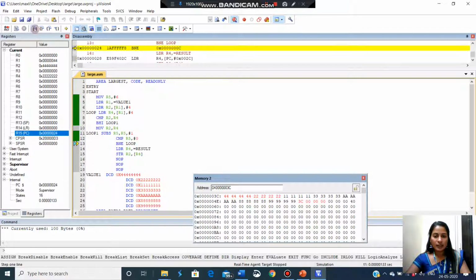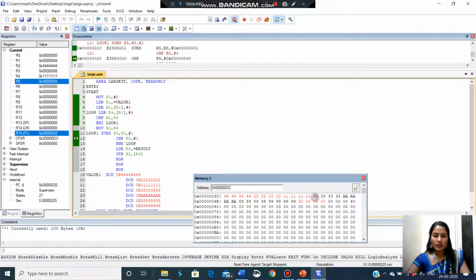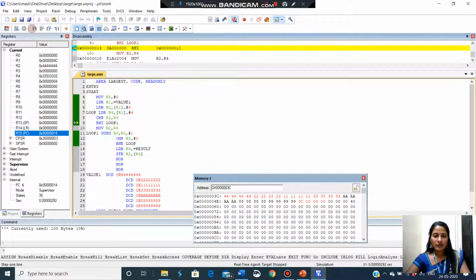Now the third data will be fetched from the memory. See, third is fetched, so it became a red color. Now the bigger number 4 and this new number will be compared. And in these two, the bigger number is still 4. So R2 register will have the same value. Now see here, it will become red once it is fetched from the memory. It is fetched. Now the bigger number 4 and new data is compared. Still the 4 is bigger number, so the R2 will keep the same 4.